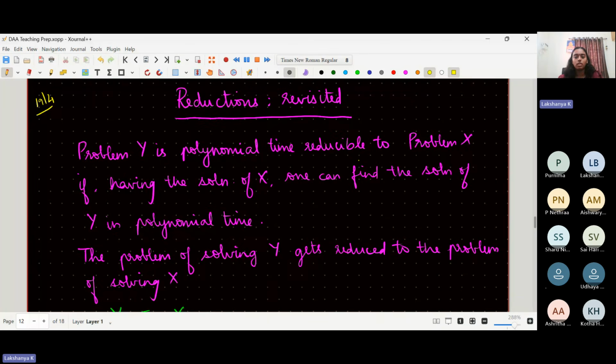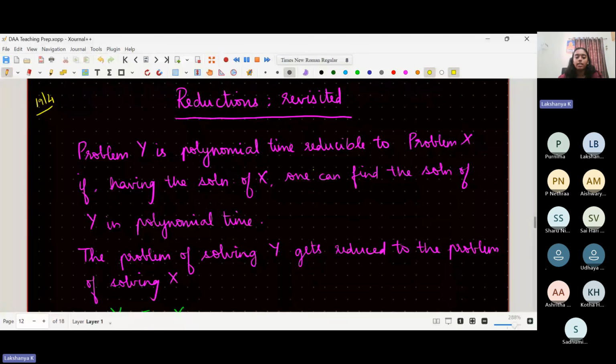Okay, so looking at the definition of reductions again, problem y is polynomial time reducible to problem x if, having the solution of x, one can find the solution of y in polynomial time. So basically, once you have solved x, using that solution it takes you only polynomial time to find the solution of y. There are no constraints on how much time is taken to solve the problem x. In fact, there is no guarantee that x is solvable. There is no guarantee that you know a way to solve x